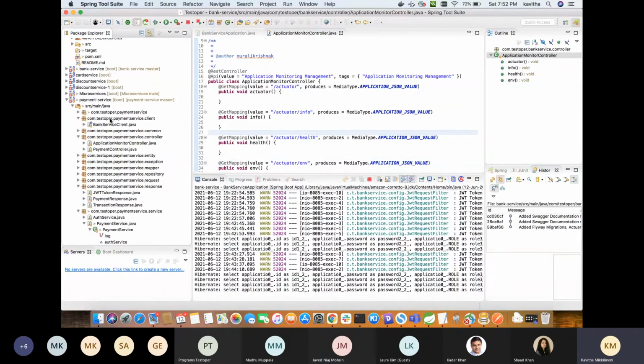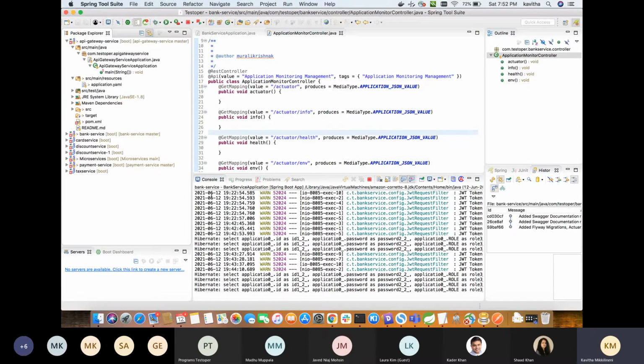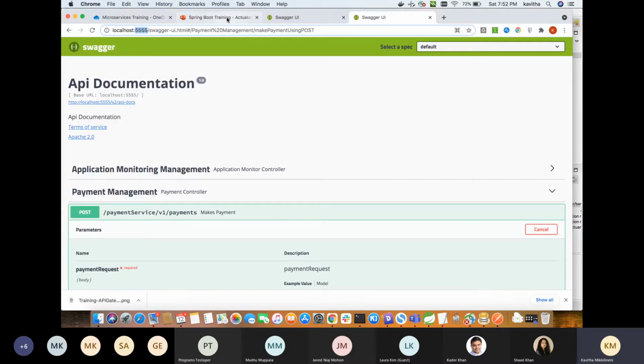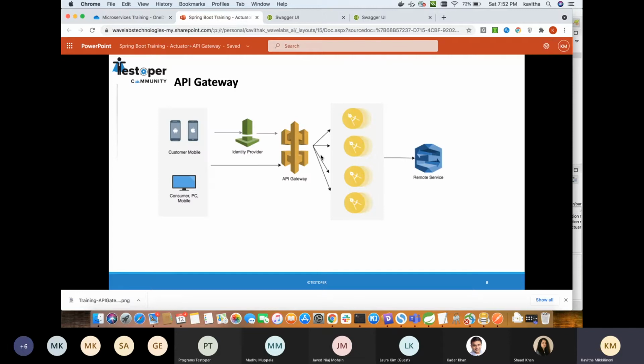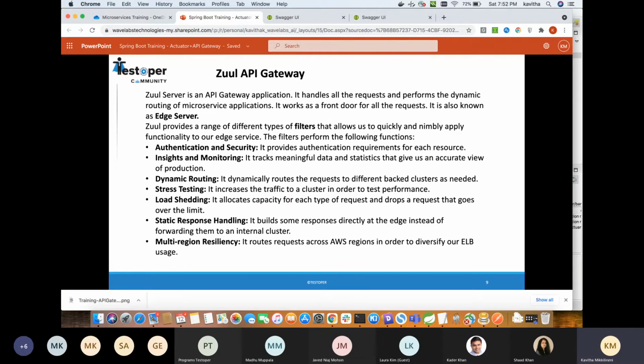So how is that achieved? For the API gateway, there are multiple ways to do it, and we have taken an example of the Zuul API gateway. There are many open source as well as custom-made API gateways. Extensively used are the cloud API gateways. One of them is the AWS API gateway, where we configure all the domain names and the routing in the AWS console or the CLI tool.